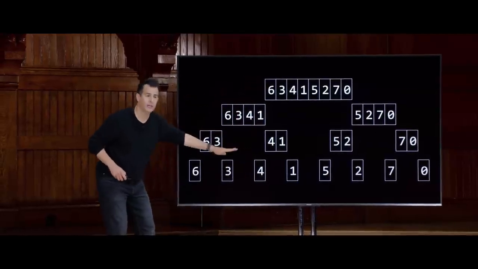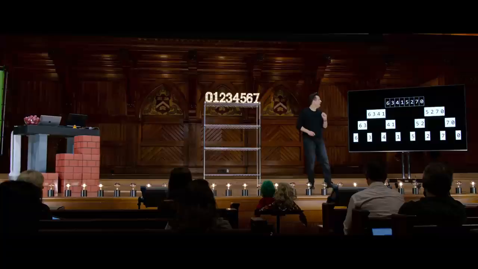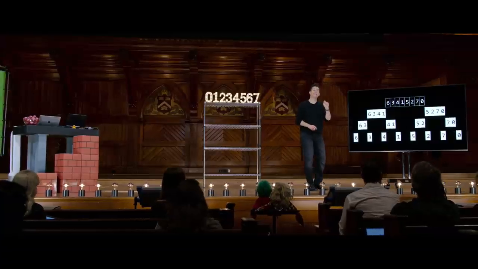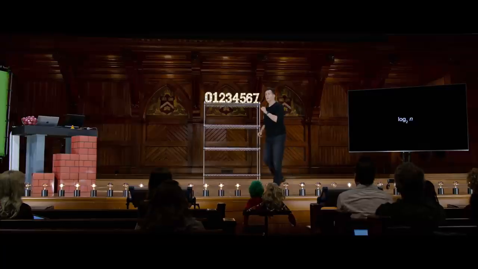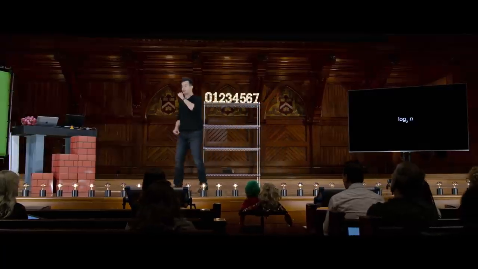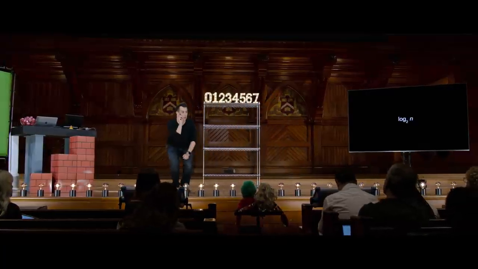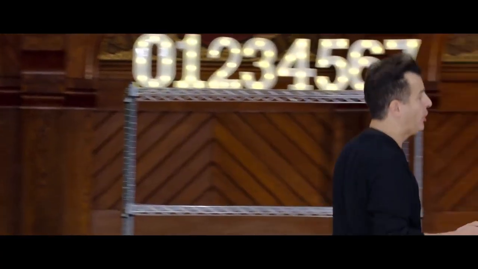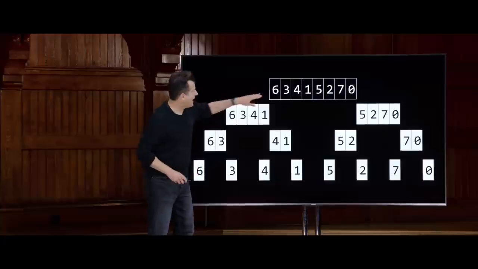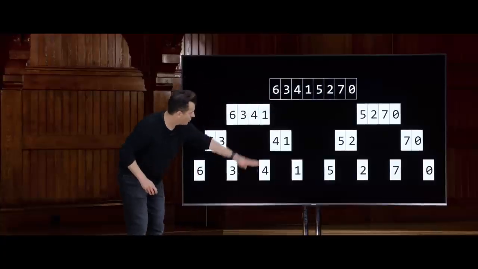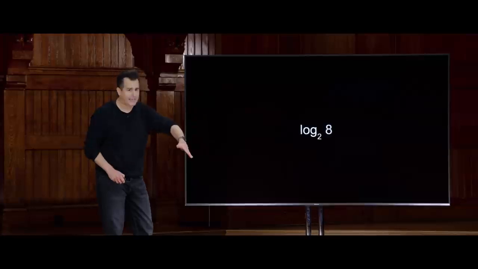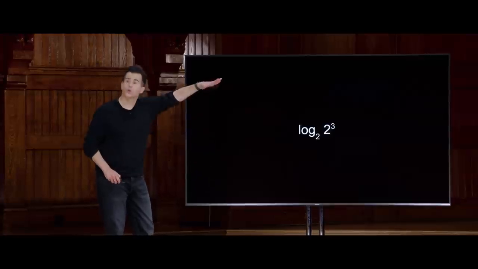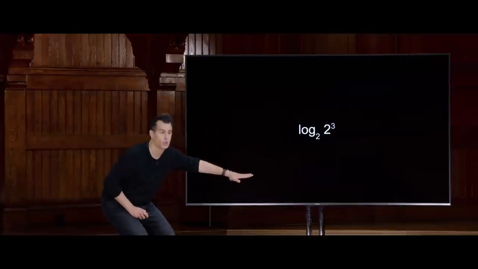3 times for each of these elements here. Moreover, how many steps did it take to merge those lists back together? Well, that's going to be the operative question. It turns out that the number of times we were able to divide the original list in half and half and half to get to those very single, stupid problems of single numbers was log base 2 of n. You can do a bit of a sanity check here: if we had 8 elements originally, and the answer to this question is 3, well, that actually works out, because log base 2 of 8 is 3,